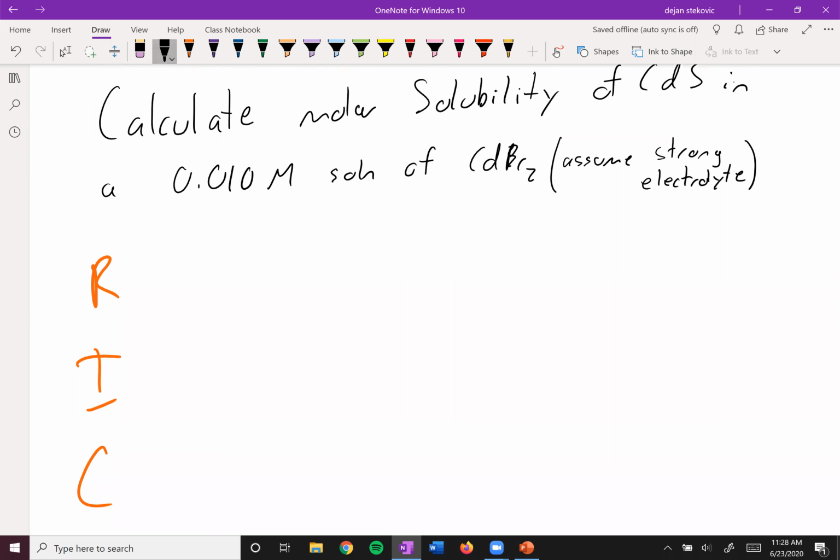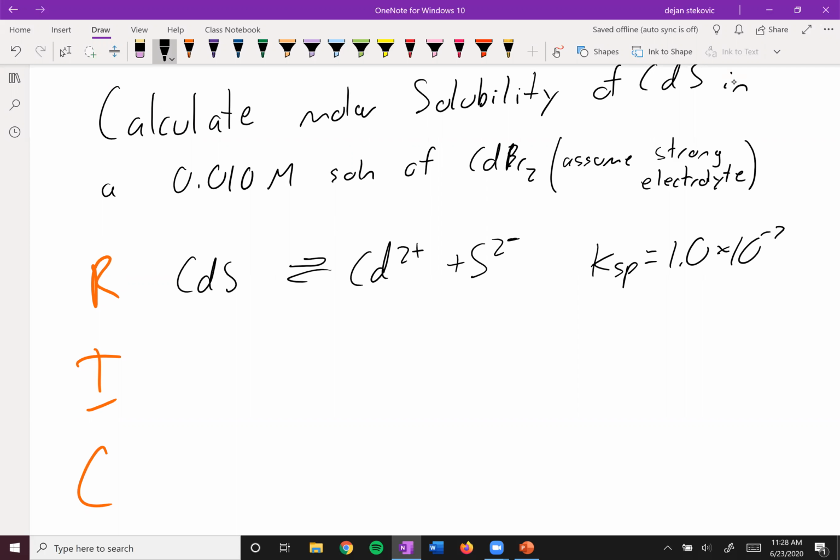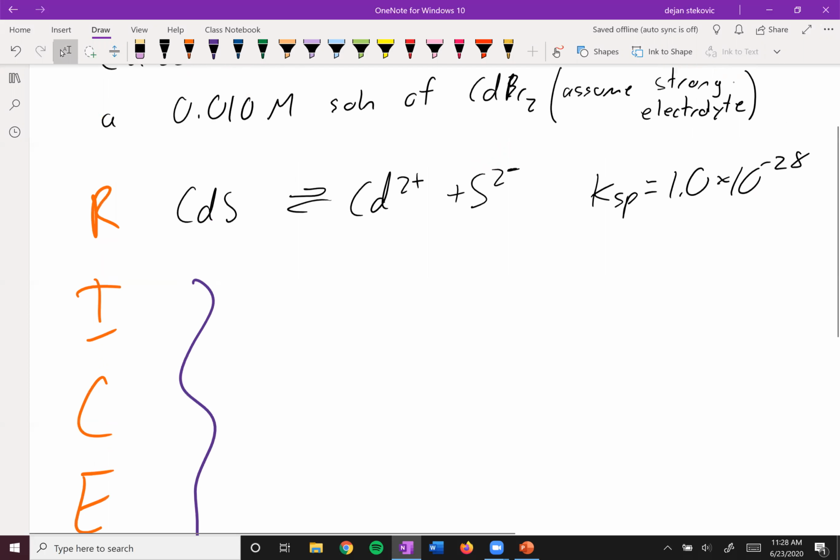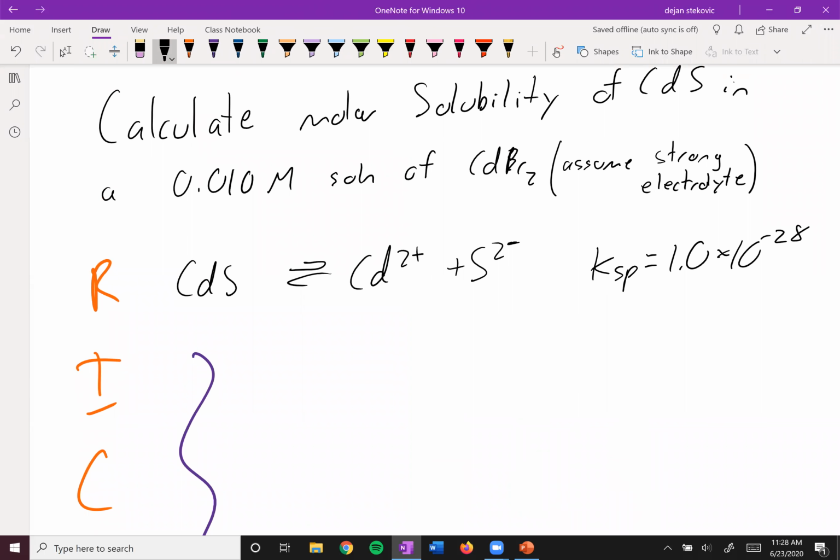And in this case, we're talking about cadmium sulfide dissociating into cadmium 2+ and sulfide 2-. We're also given that the Ksp for this reaction is 1.0 times 10 to the negative 28. Remember, cadmium sulfide is our solid, so we're going to ignore it. We don't have any source of cadmium other than the cadmium sulfide added, so we're going to add,